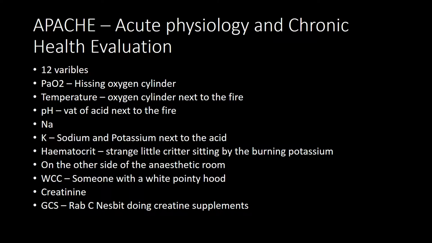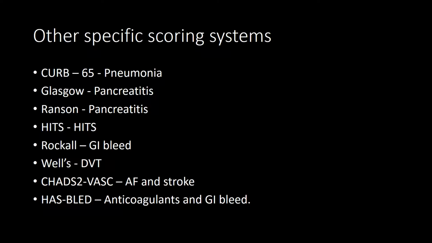Let's talk about some other scoring systems, just in case you're asked to give us some examples. CURB-65 score for pneumonia, Glasgow score for pancreatitis, the Ranson score for pancreatitis, the HIT score for heparin-induced thrombocytopenia, the Rockall score used for GI bleed, the Wells score for estimating the likelihood of a DVT, the CHA2DS2-VASc score predicting the risk of stroke in AF, and the HAS-BLED score predicting the risk of a GI bleed whilst taking anticoagulants. So here concludes the end of this particular